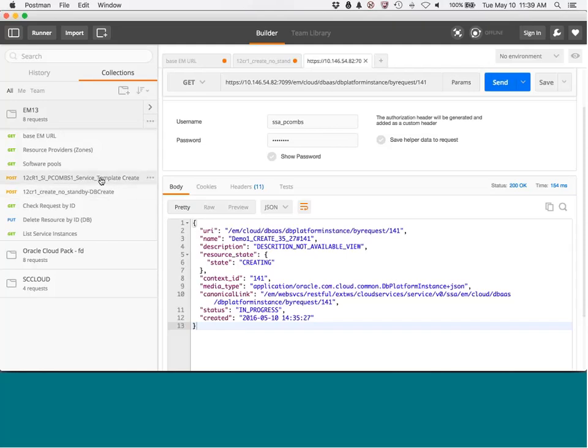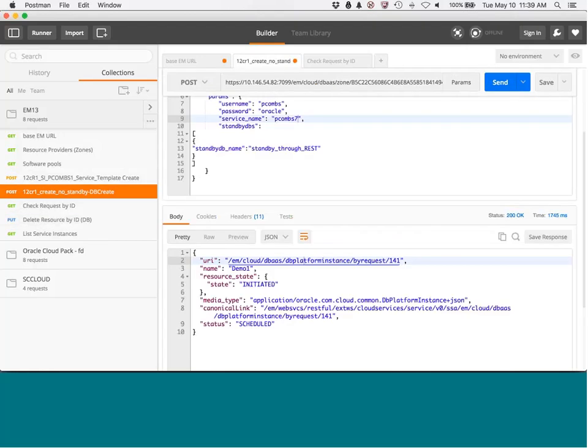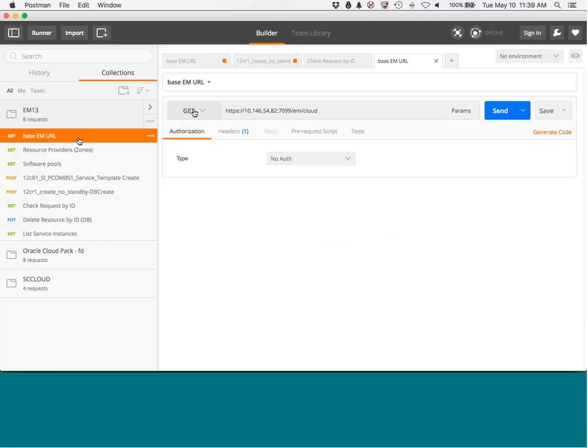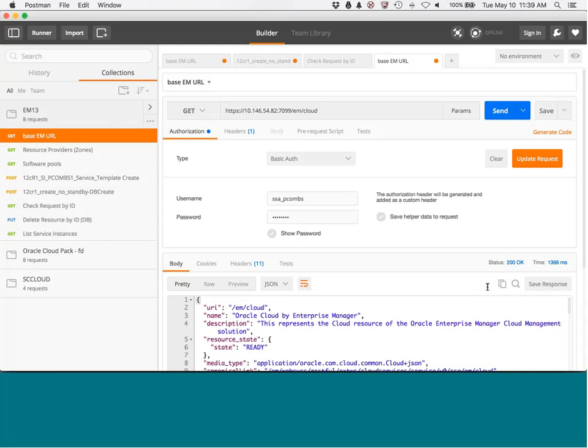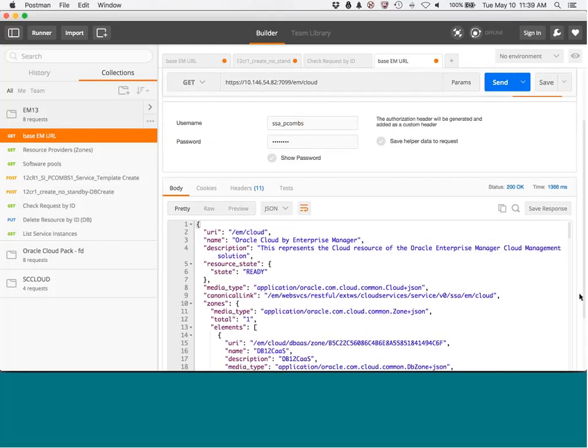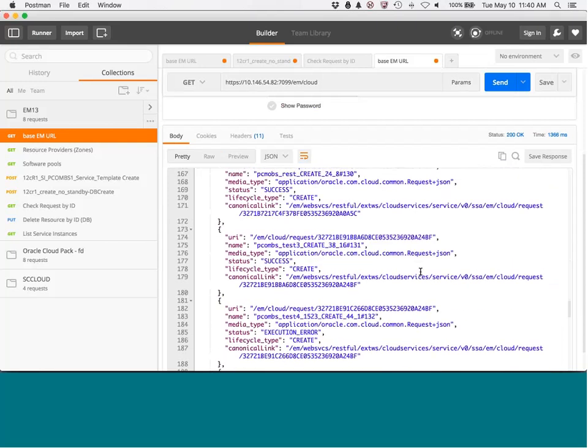While we're waiting for that, we can check the ID here as well. Now, the ID that you see at the end of this here, the 141, actually correlates. If we go back to the basic URL and log in as this user, you'll notice at the end of the return, if we scroll all the way down to the end, you'll notice that this particular call has been recorded for this particular user